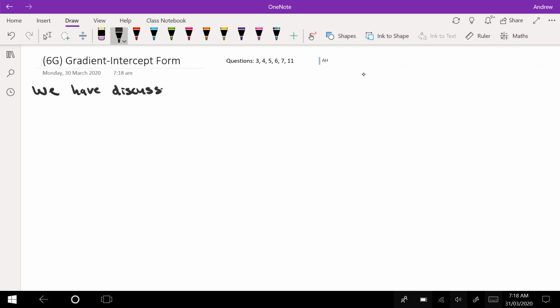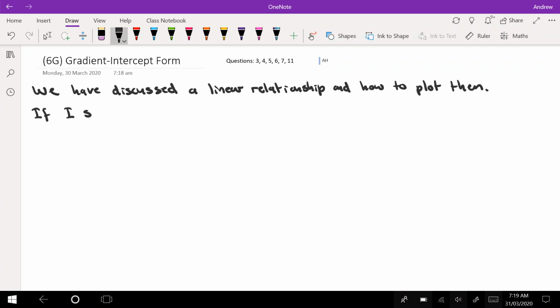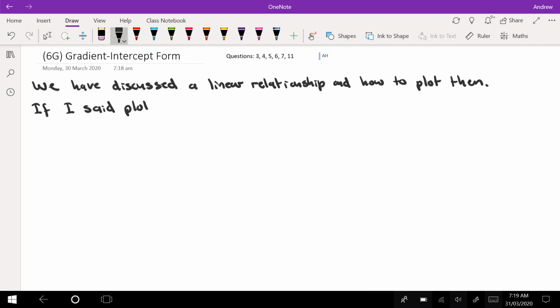We have discussed a linear relationship and how to plot them already. A linear relationship is just anything to do with a straight line, okay? And we all know how to plot them using a table of values, but we're just going to run through that quickly again now. If I said plot y equals 2x plus 1,